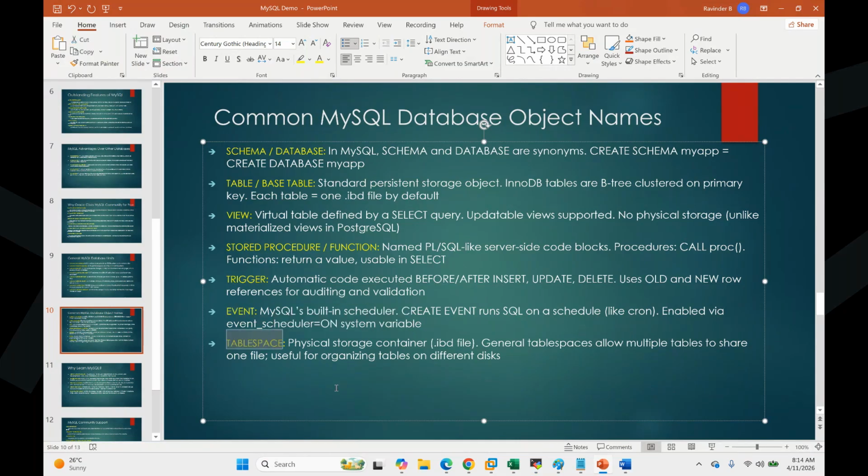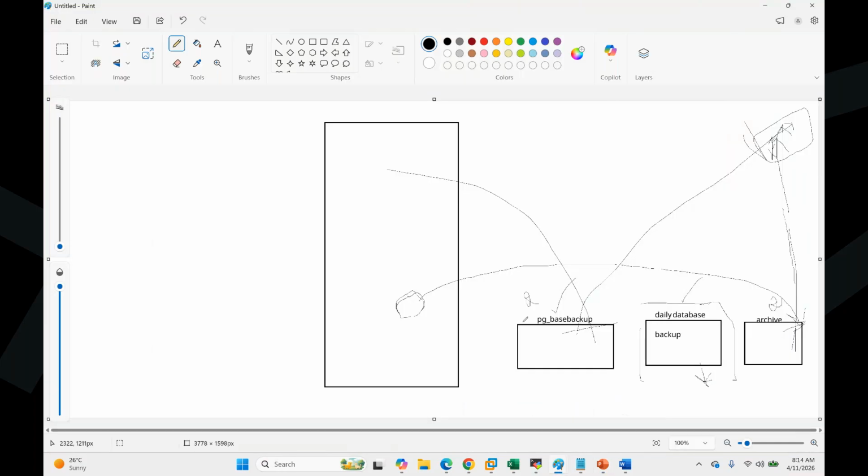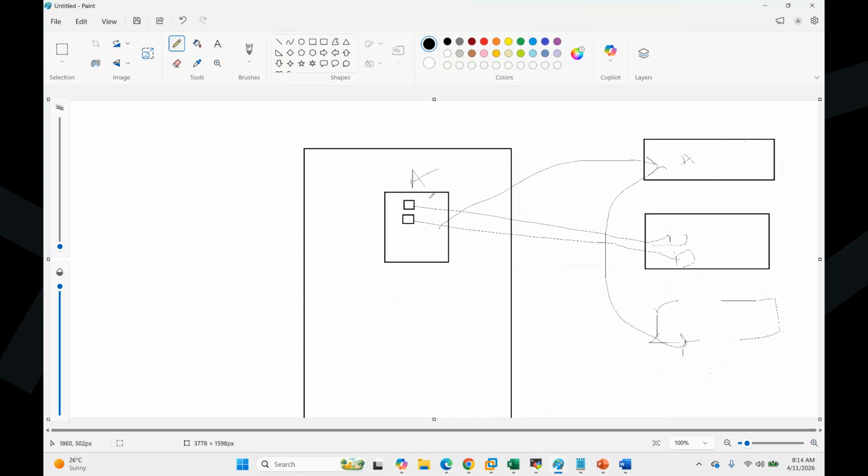Tablespace is another thing where you manage storage efficiently, mapping some databases into one tablespace, some databases to another tablespace, or some objects, some tables. You have all levels of privilege here to map. As I was saying, one database can go to one tablespace, or one table within the database.